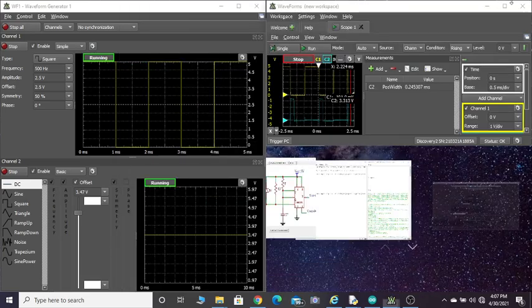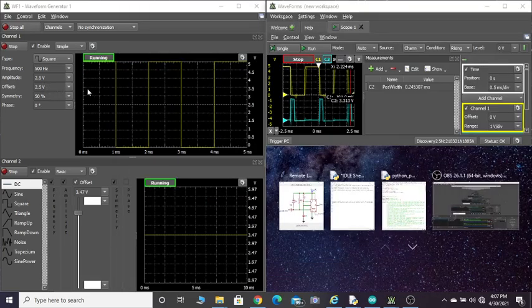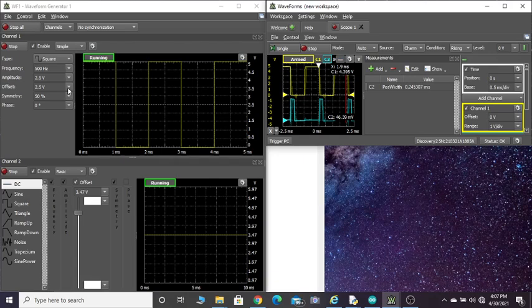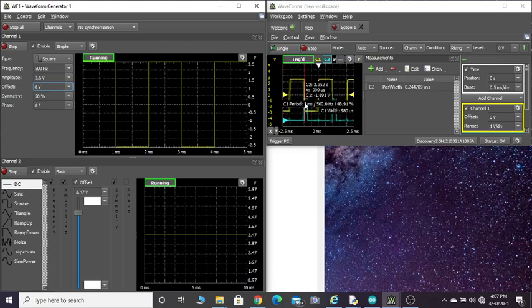And one more important thing is that if the trigger voltage is not going below VTL, we will not get the output. You can see now you're getting it. Suppose you make the offset 0, this is fine because it is going below 0. Suppose I make the offset 2 volt, and if you make this amplitude 1 volt, I will not get it. I'm not getting the waveform because this trigger voltage is not going below VTL.